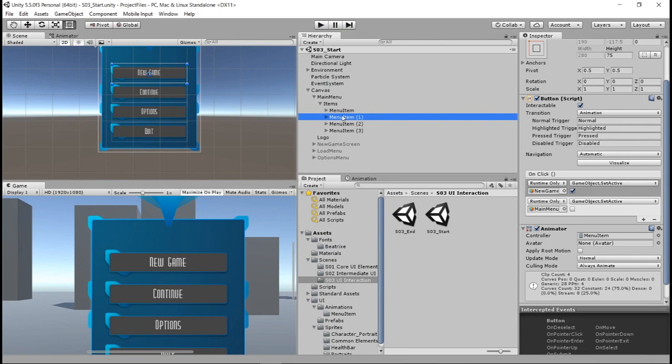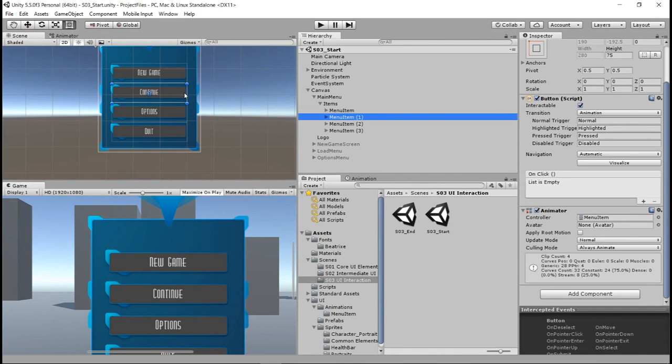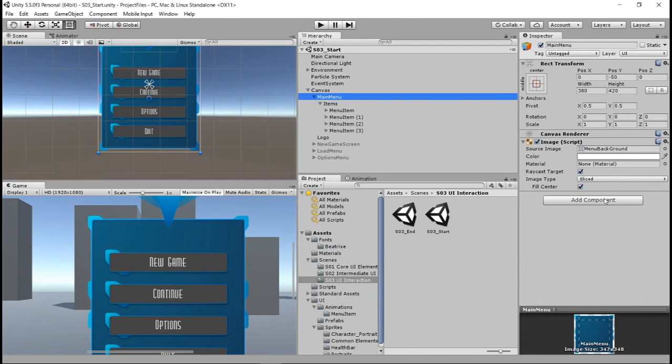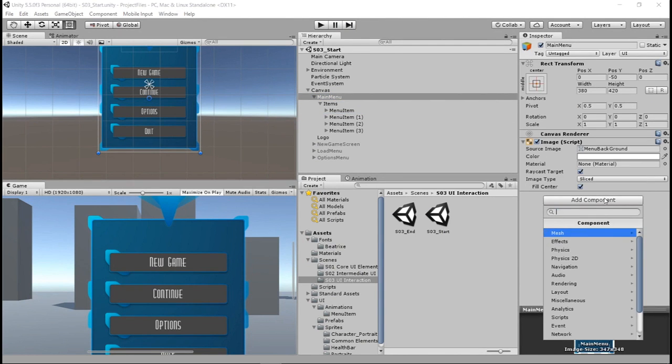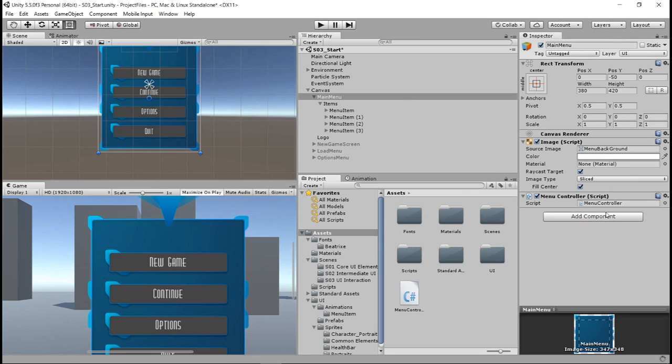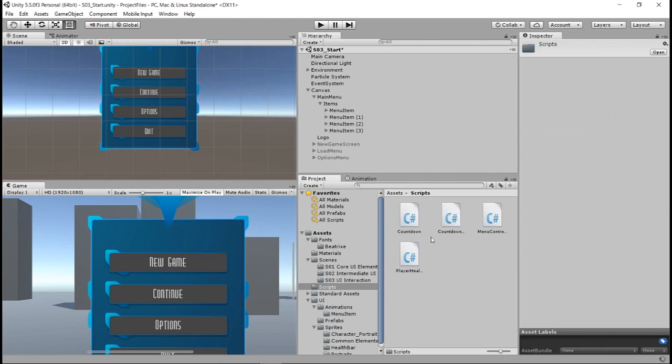For the Continue button, we're going to trigger a function on a script that we will write. We can add a script to the main menu object, call it Menu Controller, go back to the Assets folder where the script was created and wait for it to be added to the Visual Studio project. You can tell it's been added when the script component has faded out in the inspector window here. Then drag it into the scripts folder to keep things organized as we go,